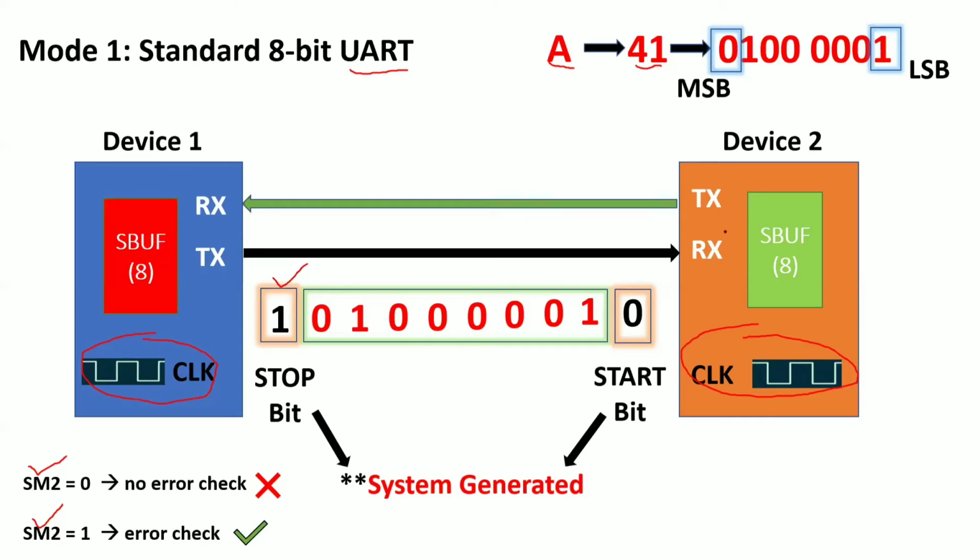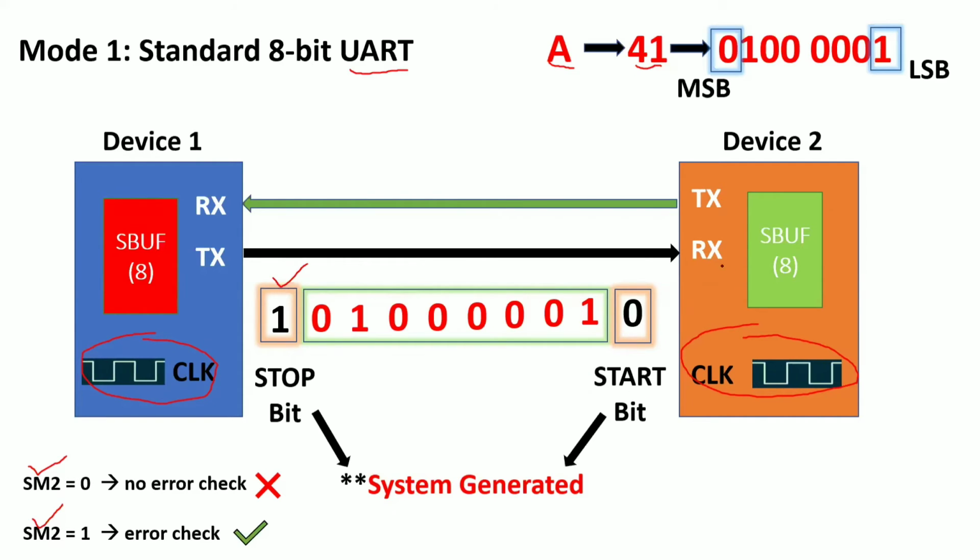Now, after receiving the data, how many bits am I transmitting? Exactly 10 bits, right? If you take 1 start bit, 1 stop bit, plus 8 data bits, your total 10 bits are received by your SBUF. Now, what is the size of the SBUF? Only 8 bits, right? Now I want to check the errors. Which bit do I need to use? The stop bit. Is there any usage of the start bit here? No need to use the start bit.